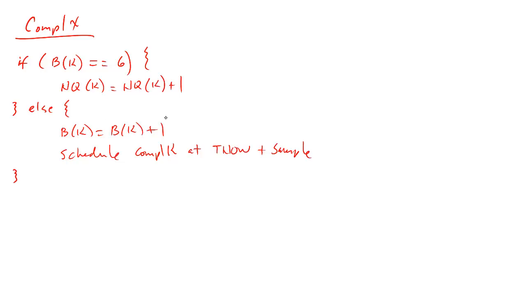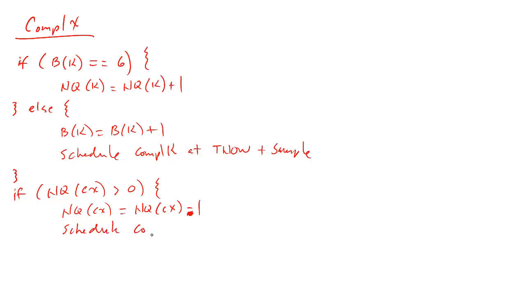Now, the next thing we need to do, now that we've finished processing the cashier's order going to the kitchen, is we need to check and see, are there other customers waiting in the cashier's line? So if NQCX is greater than 0, meaning there are customers waiting at the current cashier, we're going to pick the first one, NQCX equals NQCX minus, oops, that's the minus sign, sorry about that, minus 1, and schedule the completion,